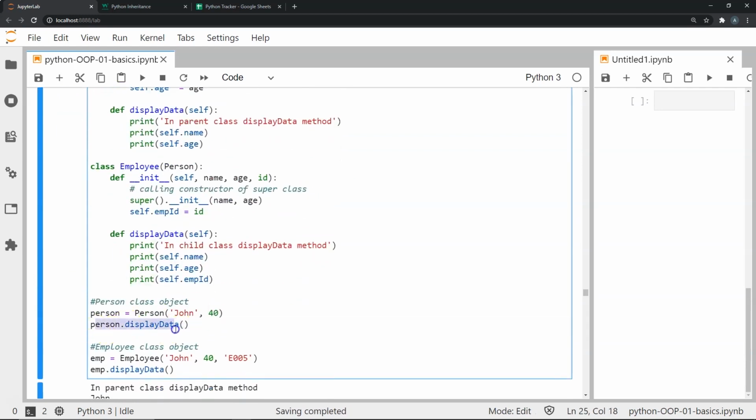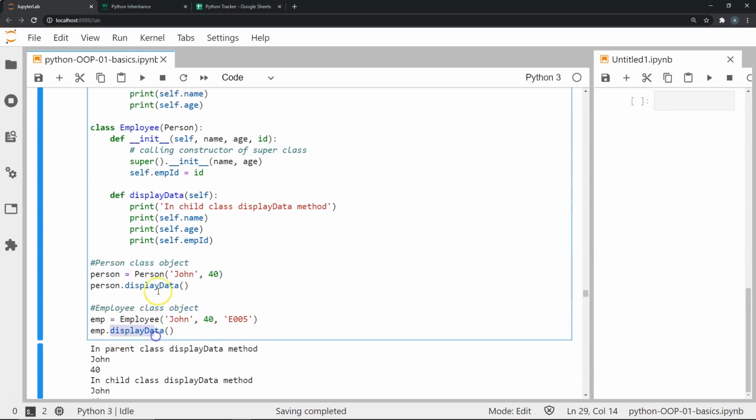And then I'm going to display this. Now next I'm going to create an object called emp, which is the child class employee object, which is going to now have the same information of John for the name and age 40, but now it's going to have an employee ID. And then I'm going to store this in emp, and I'm going to display the data for this child class object, and we will see the difference in how the display data is differing from the earlier